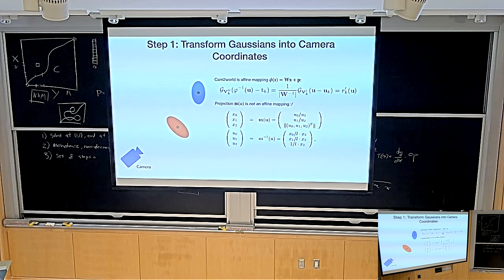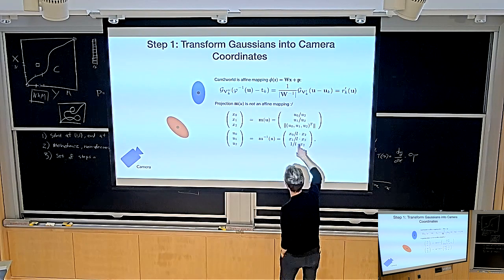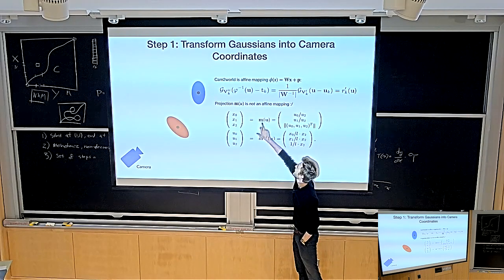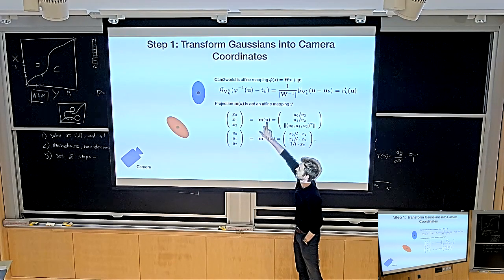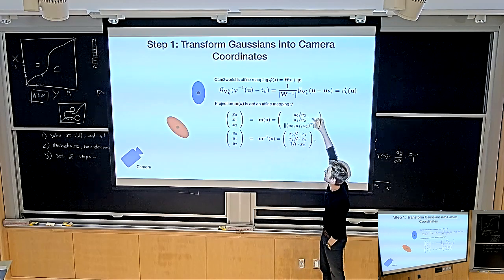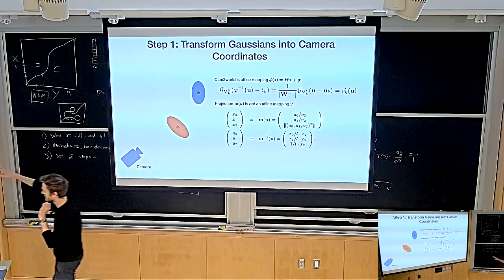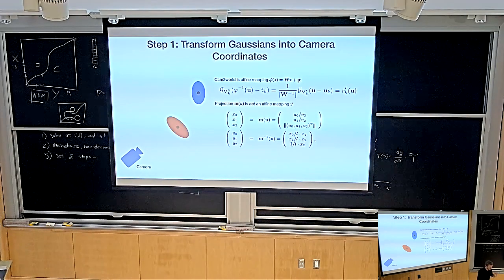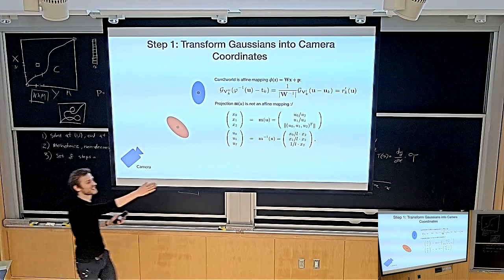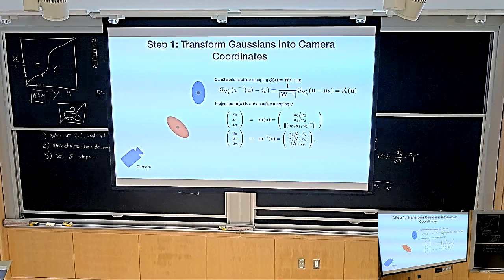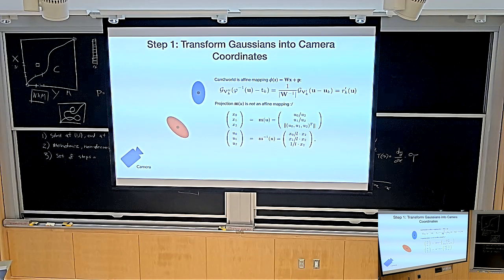And the projection, if you remember correctly, is just a different way of writing out the projection matrix, the projection operator. So mu is the projection. It takes a coordinate, divides it by z, and has the homogeneous scalar value one. This is ignoring the focal length, but it doesn't matter for now; this is assuming the focal length is 1. So this is just a general projection operator. Does that make sense? Okay, so this is the projection operator. Unfortunately, Gaussians are not closed under projection. What does that mean?